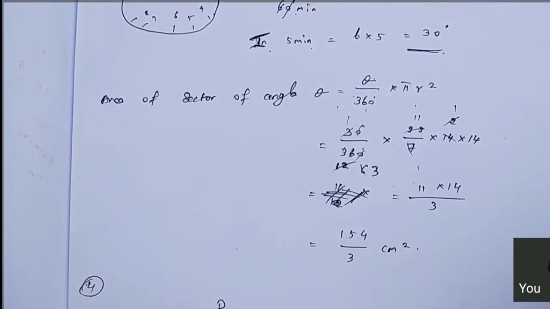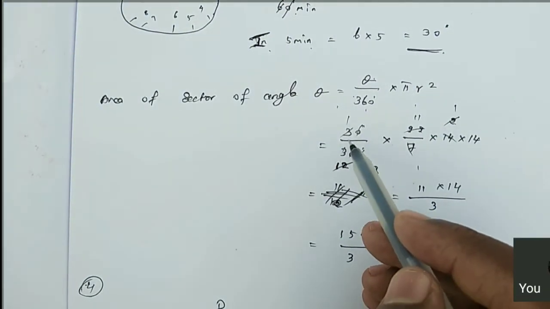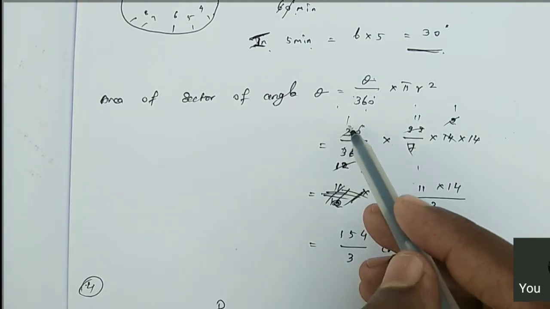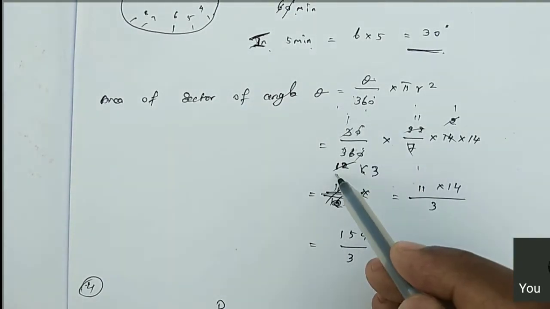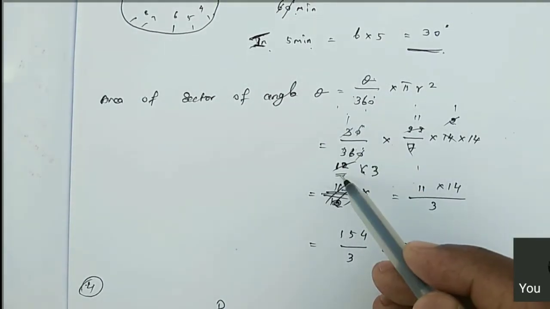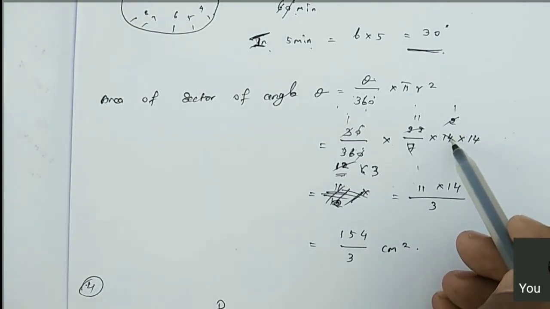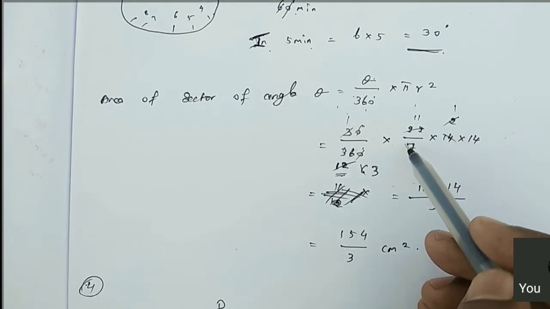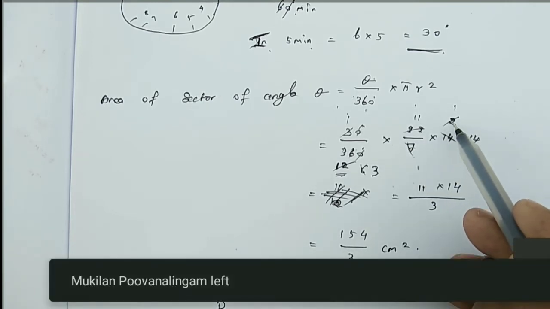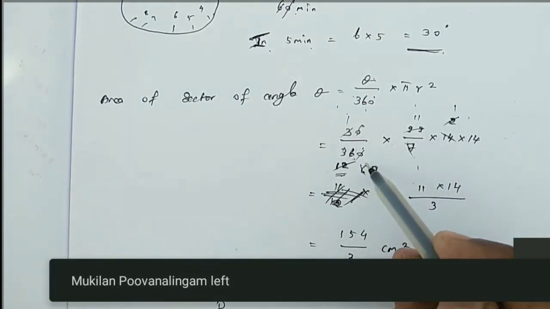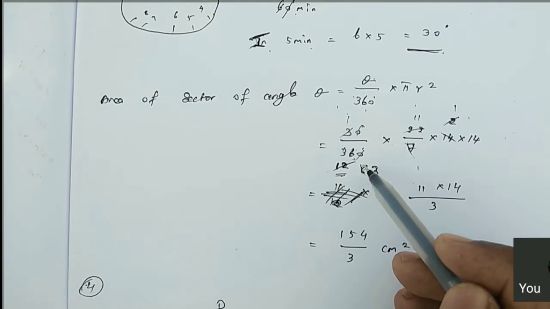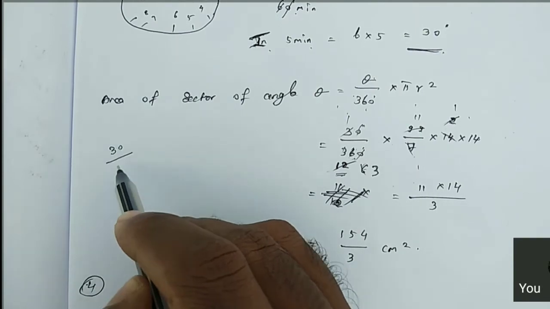Clear? Next you can cancel it. 1 3 is 3, 2 3s are 6, 1 3 is 3, 0 0 cancel. So remaining here 12, 1 by 12. Now we can cancel it, 12 by which one? You can cancel by 14. 1 7 is 7, 2 7s are 14. Next 1 2 is 2, 6 2s are 12. Remaining 6. I will solve it here. Listen, don't make a confusion.